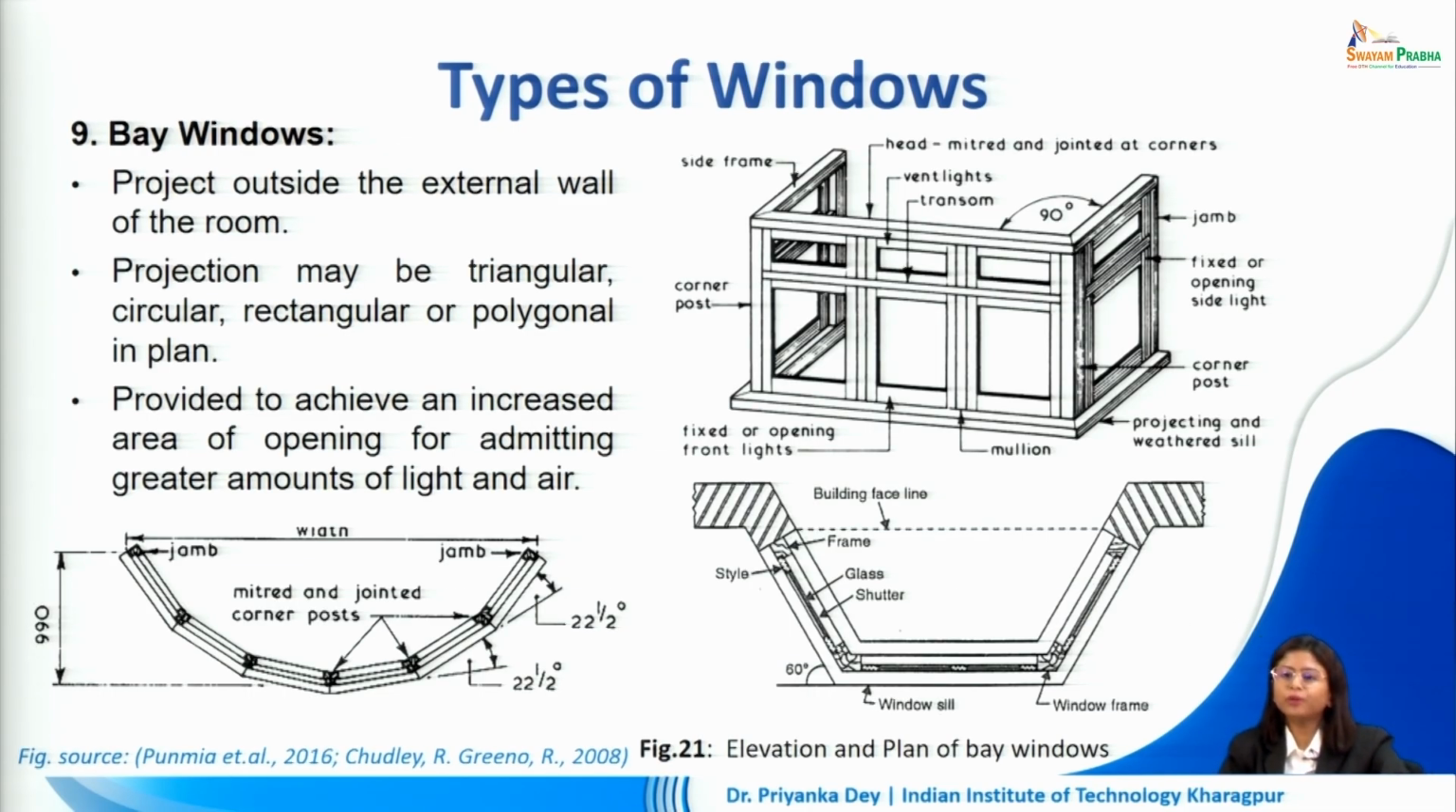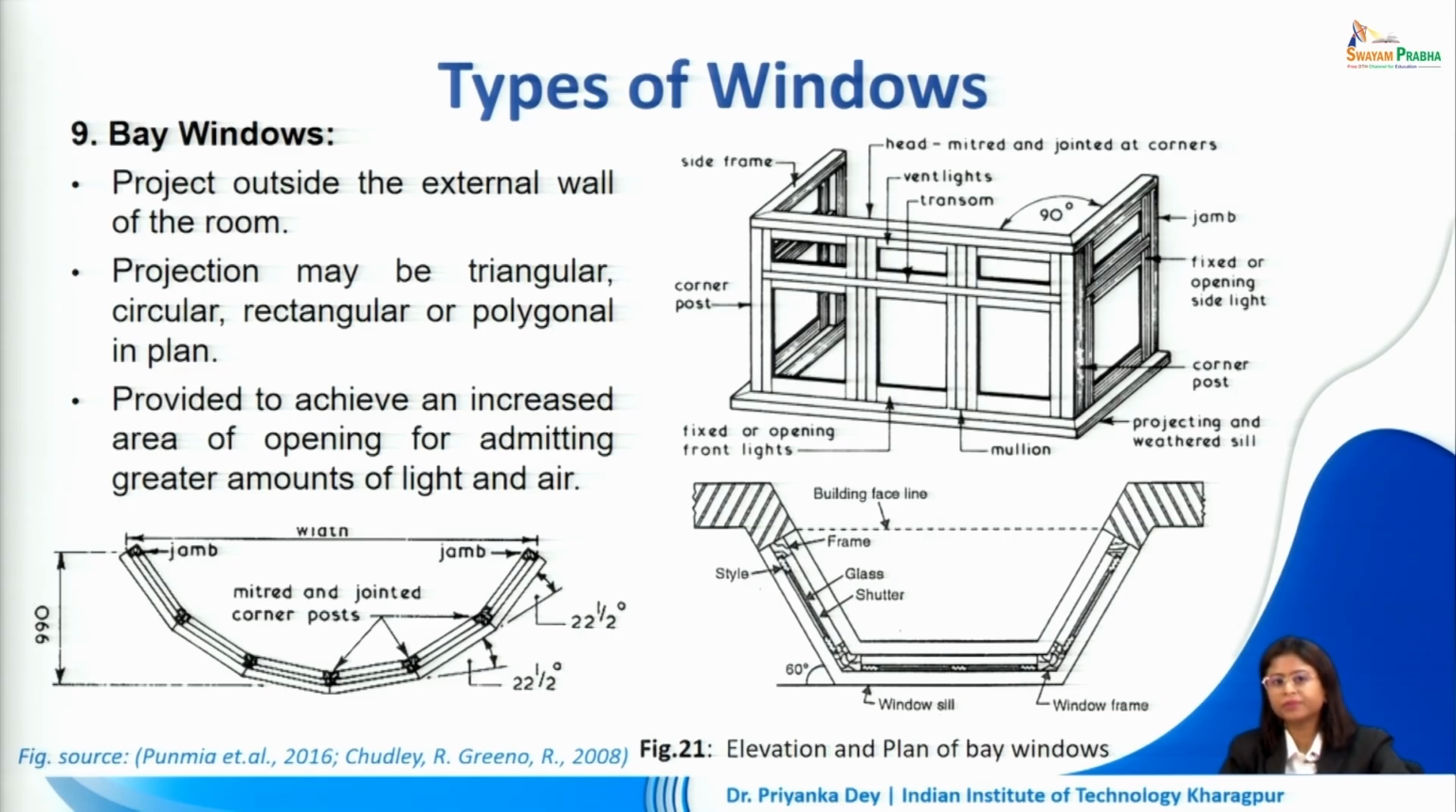The next type of window is slightly differently shaped as opposed to the previous examples. This projects out from the external wall of the room. So these are called the bay windows. Now this projection that we are making towards the outside may be triangular, it may be circular, rectangular or polygonal in plan. Based on the architectural design that we are going for, we can select a particular shape for the